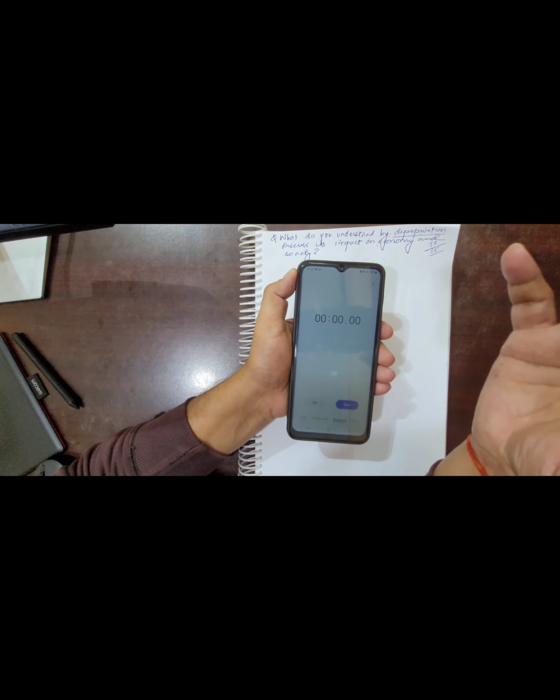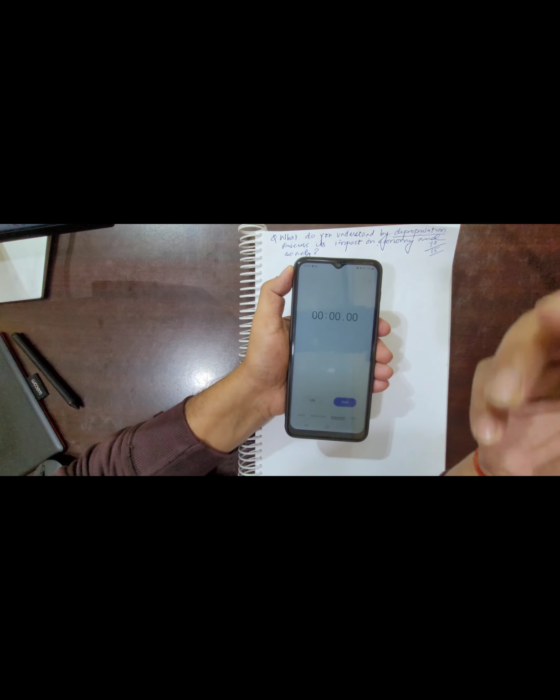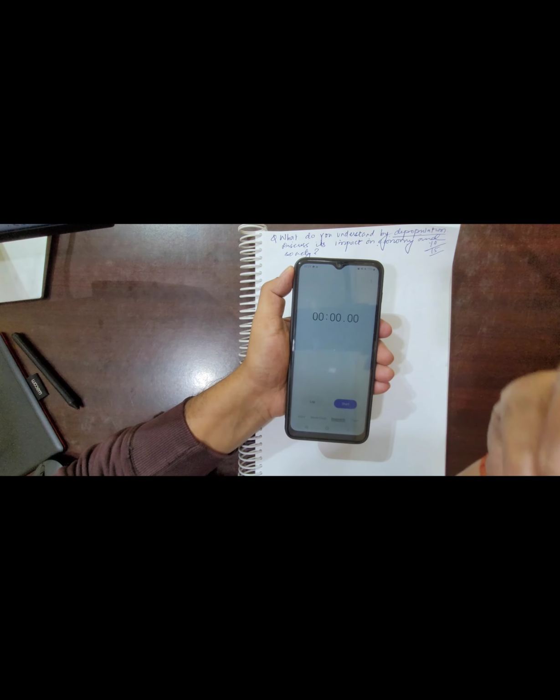Or it can be a 15 marker question also if I have to explain it from the entire case study of India. But let me attempt it from a 15 marker point of view because I want to give a lot of examples so that you will learn how to present your answer. So I'm starting the timer here. You can see that I have started the timer. So let me write an answer to this.